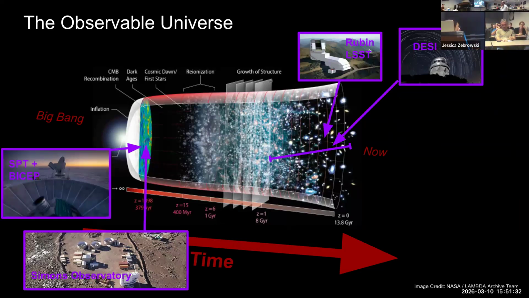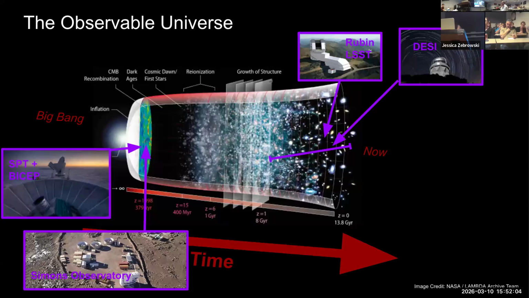And what's kind of interesting is that when we think about the information that we know about the history of the universe, most of the information is coming from the endpoints in cosmic history. So we have great pictures of the cosmic microwave background from telescopes like SPT and BICEP or the Simons Observatory. We get a wonderful picture of our local universe from galaxy surveys such as Rubin or DESI. But these are mostly the endpoints. And as good scientists, we know that with 2 points, you can draw a line. But if you have a measurement in the middle, you can see if things are changing over time.